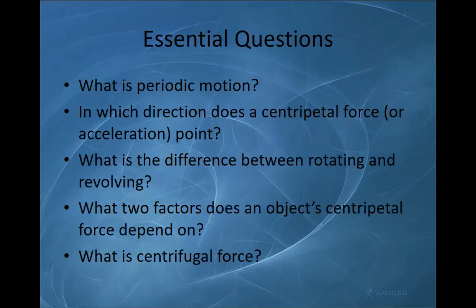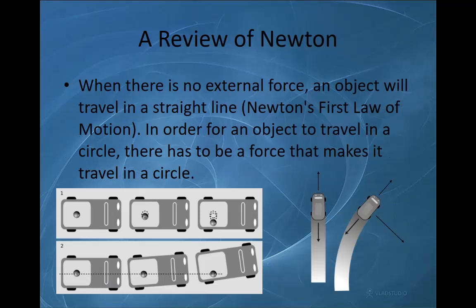All right. Before we start getting into periodic motion and calculating uniform circular motion, I want to do a really quick review of Newtonian forces. Remember that when there is no external force, an object will travel in a straight line, right? This is according to Newton's first law of motion. In order for an object to travel in a circle, though, there has to be a force on it that makes it travel in that circle. And because it's changing direction from its straight line trajectory,